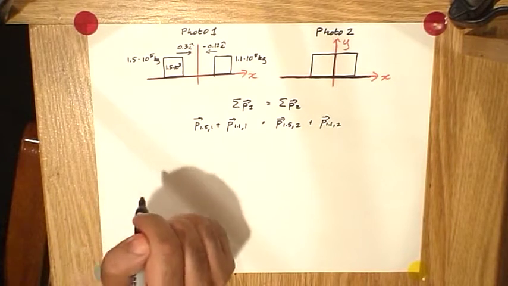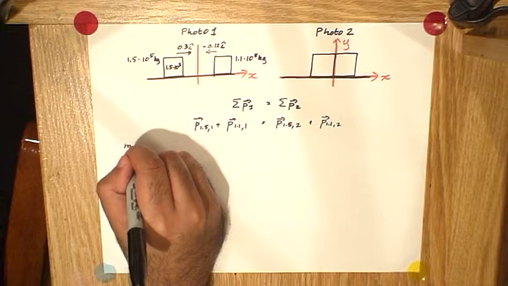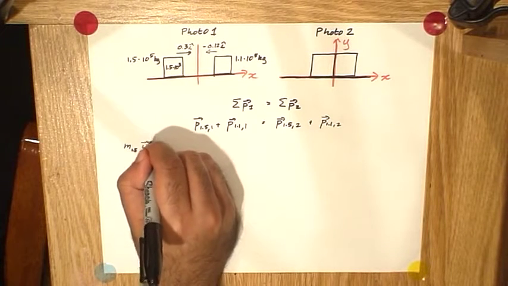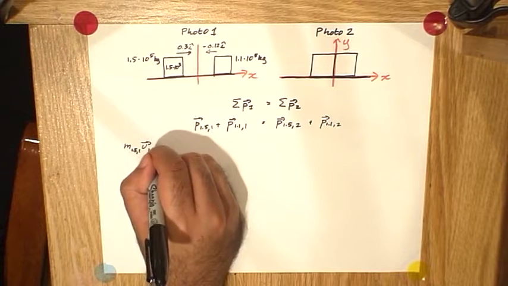Let's expand this still further. The mass of the 1.5 times 10 to the power of 5 kilogram train car times the velocity that it has in photo 1